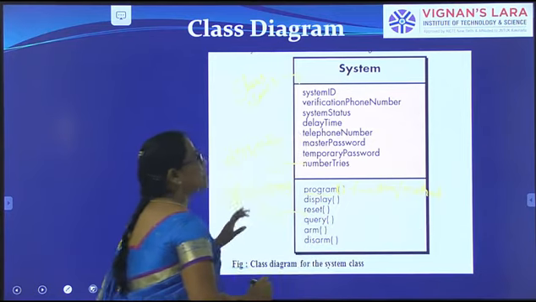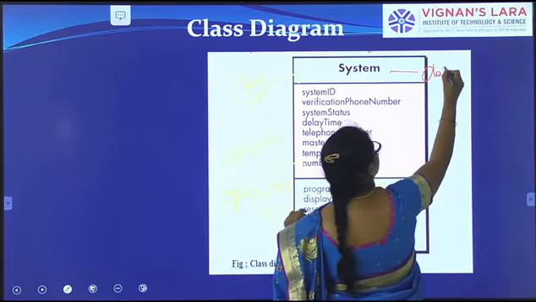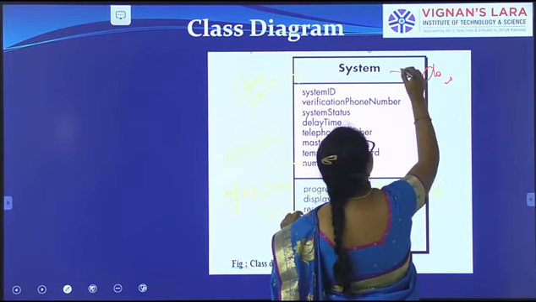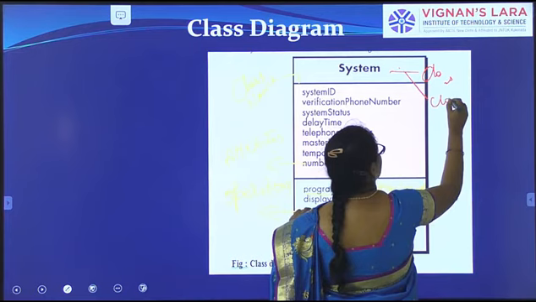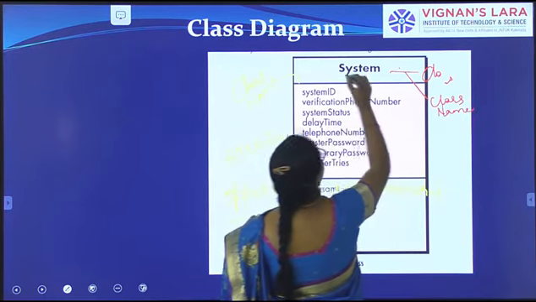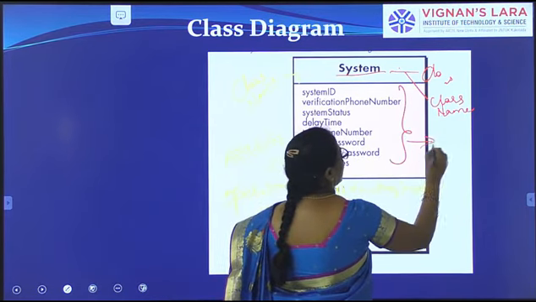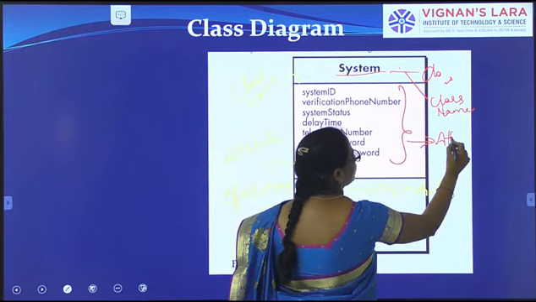So this is the class diagram. The first part is the name of the class, and the second part is called the attributes, that means the variables that we are giving.